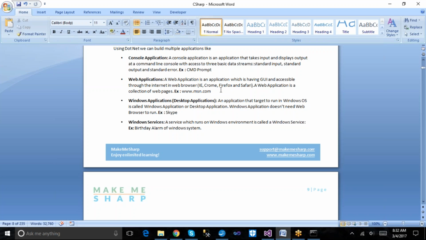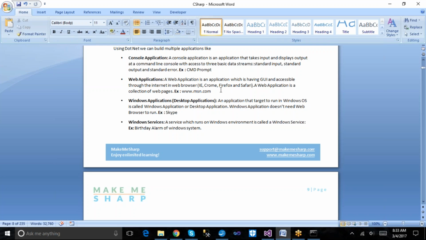Whatever .NET applications we are targeting, that means the desktop applications we are developing, will obviously target a particular Windows operating system. That's why we call them Windows applications.